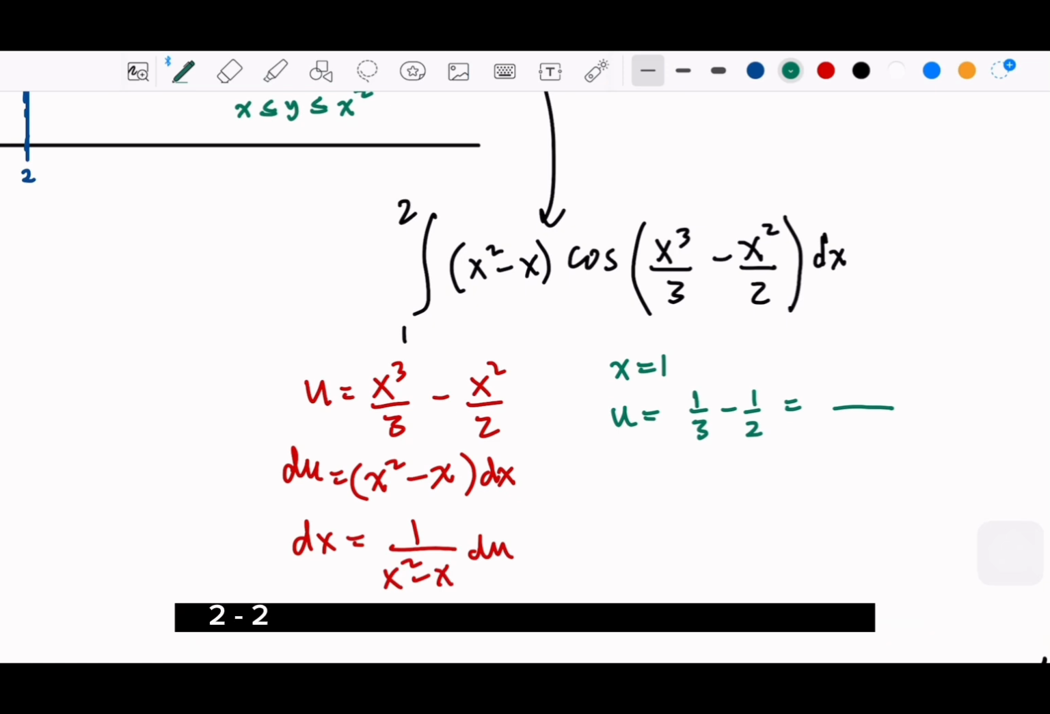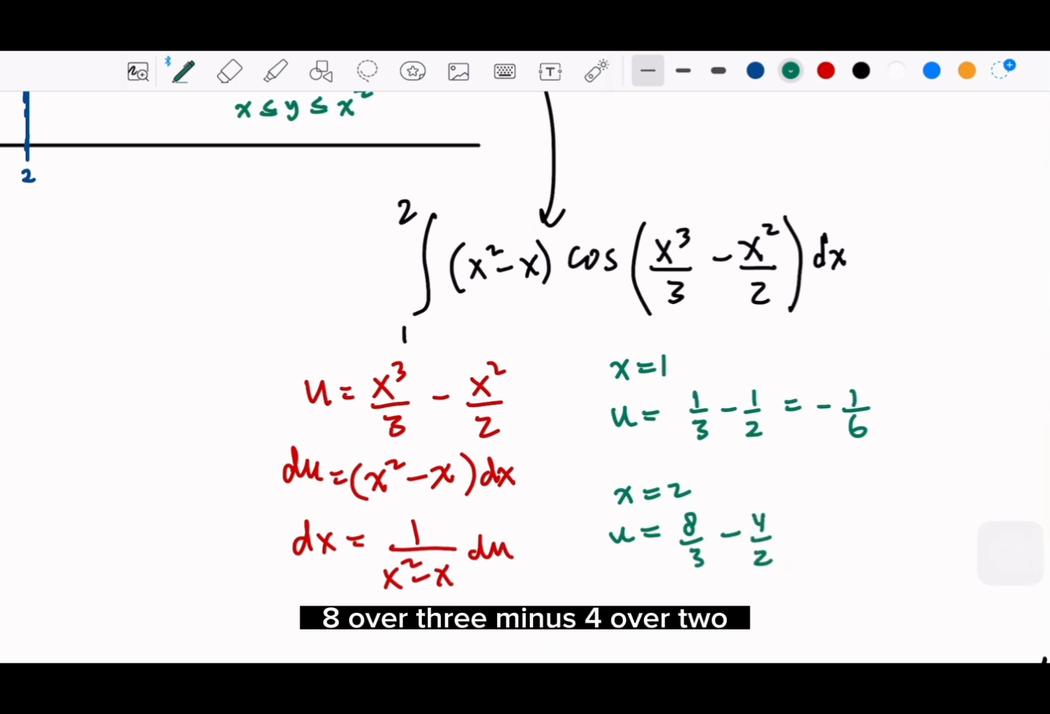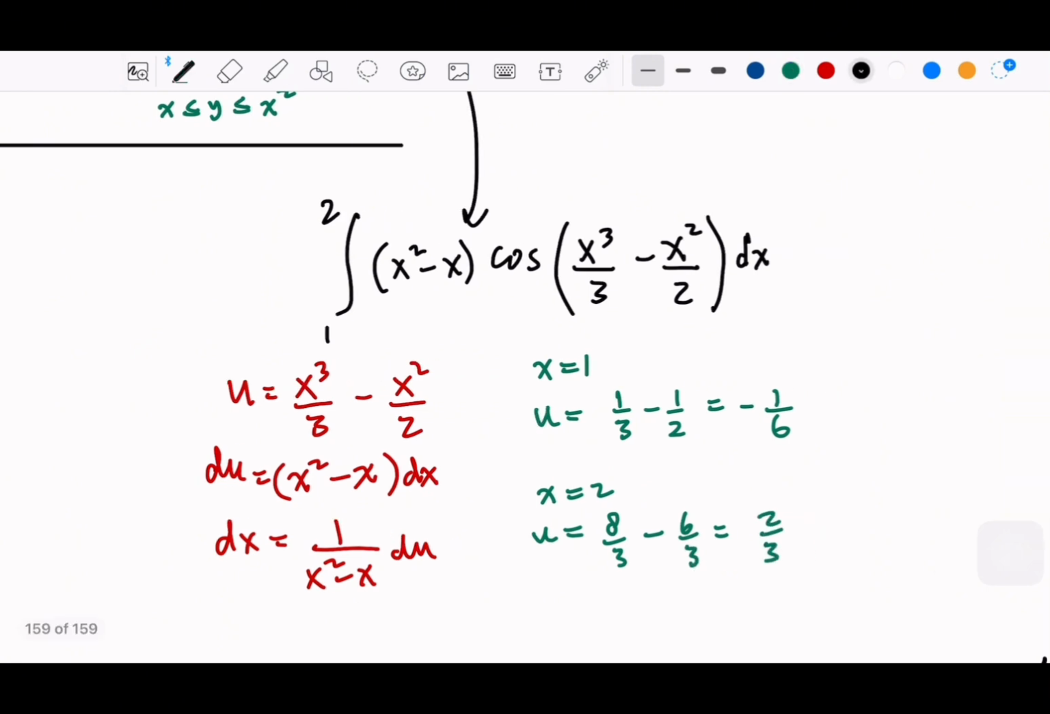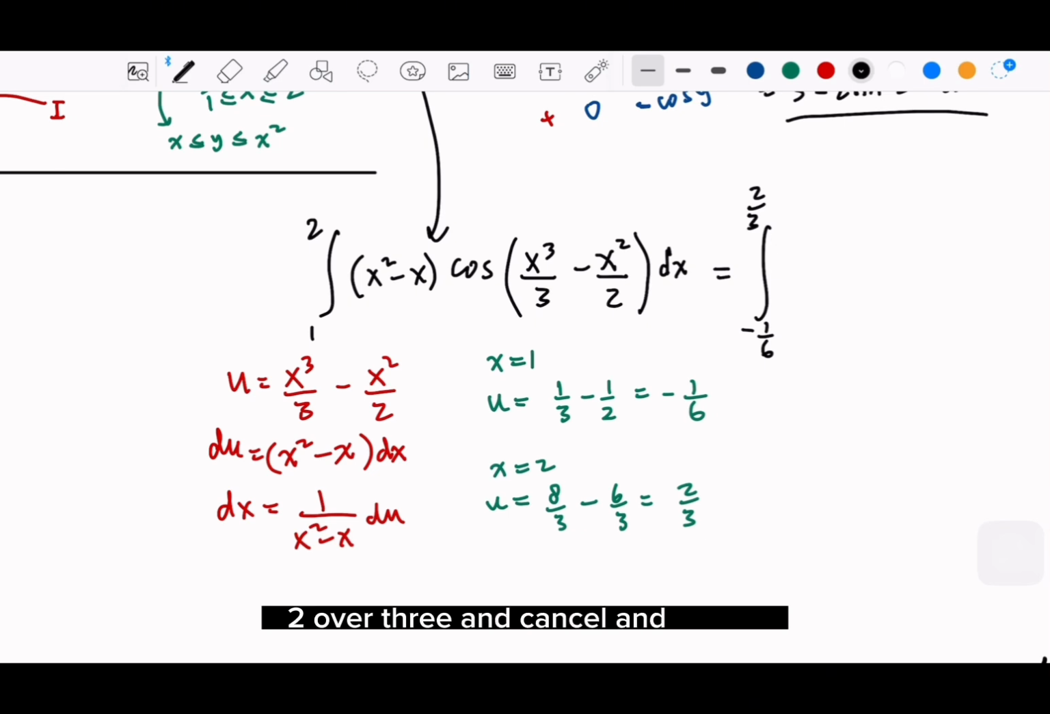2 minus 3, negative, so negative 1 over 6. And when x is equal to 2, u will be 8 over 3 minus 4 over 2, or we could write this as 6 over 3, so 2 over 3, right? So we change the limits to negative 1 over 6 and 2 over 3, and then cancel, and then cosine